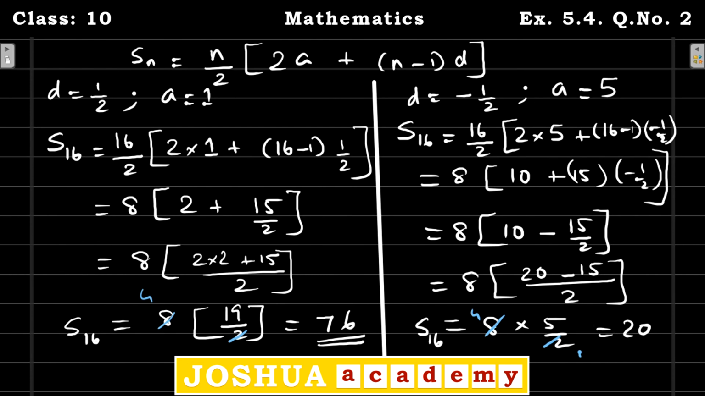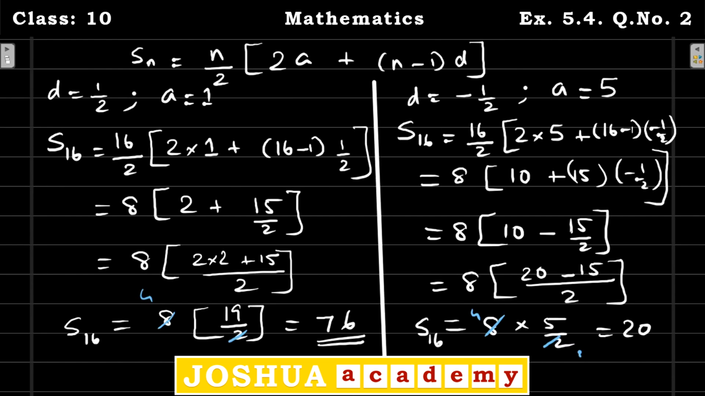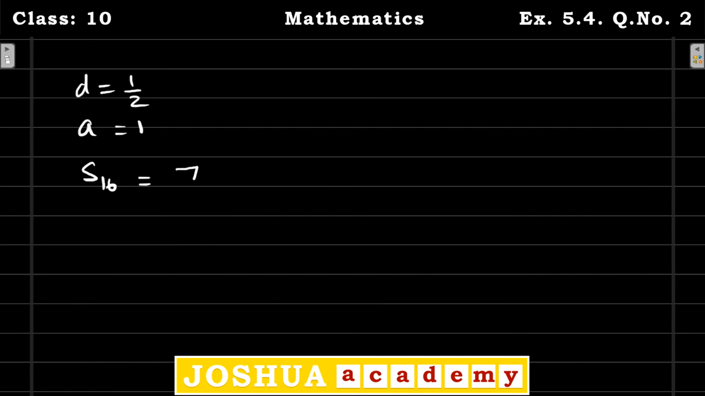So now I put all the things in a simple form. When d is equal to plus 1 by 2 and a is equal to 1, S16 is equal to 76. Okay. And in the other case, when d is equal to minus 1 by 2 and a is equal to plus 5, then S16 is equal to 20. Okay. So like this you have to justify both answers, and finally